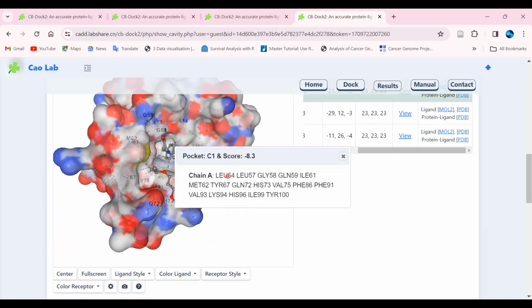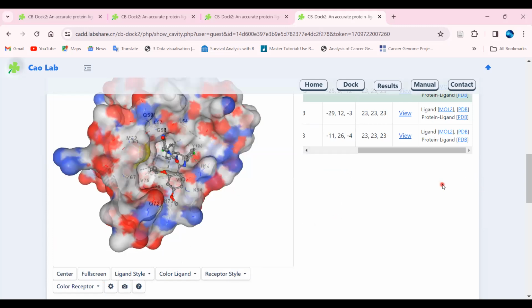You can get the cavity regions, and you can perform the docking in two ways, that is blind docking as well as the template one. You can even change the representations from here to whatever you think is best, and then use that image for further research context, maybe from the publication point of view. Okay, so really good resource.